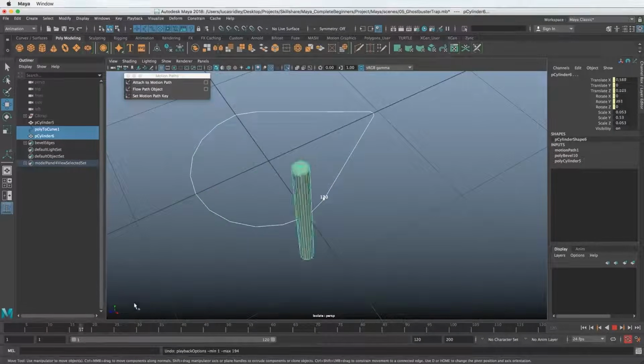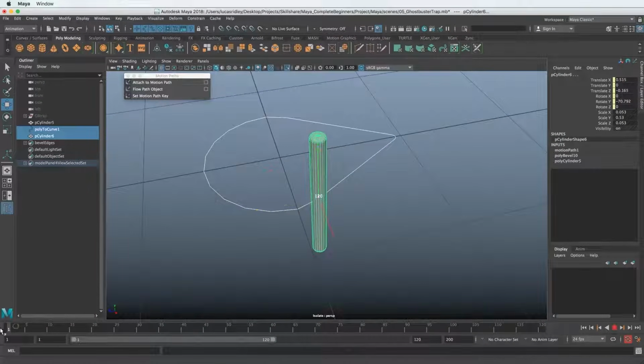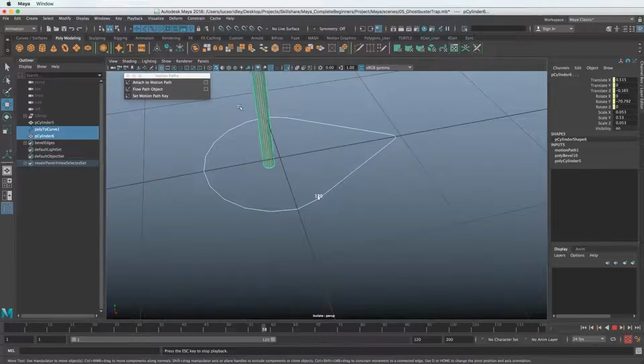Okay. So we have this. Now, the thing we want to do is, if you notice, if you hit play over here, it starts slow, it speeds up, and it slows in. Okay, we don't want that. We want it to be linear because we're going to use this. We're hacking this. We want it to have even intervals around this piece.